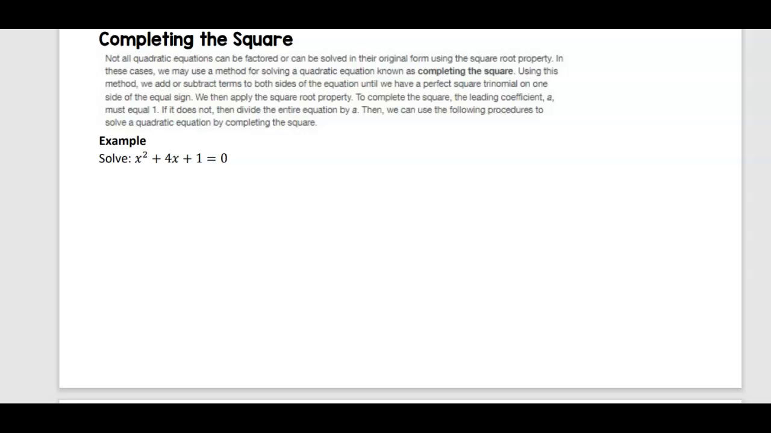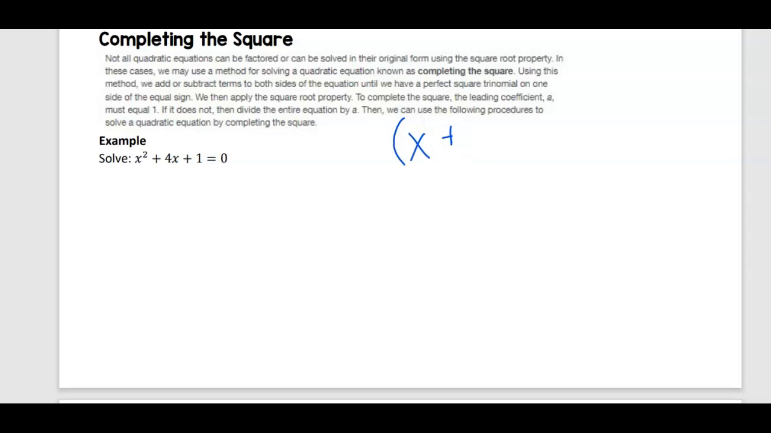All right, this video is going to be about a concept called completing the square. Not all quadratics can be factored, and we could use the quadratic formula to solve them, but there is another method known as completing the square. How we are going to do that is we want our form to end up looking like